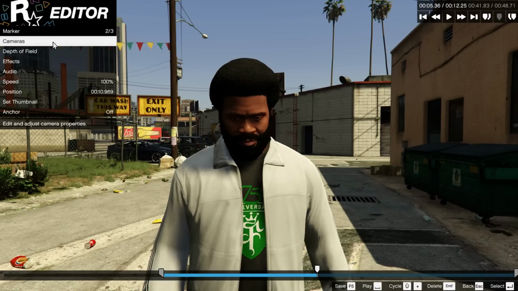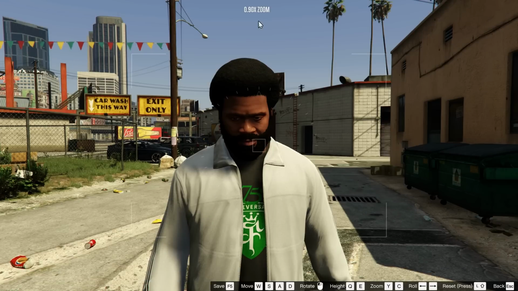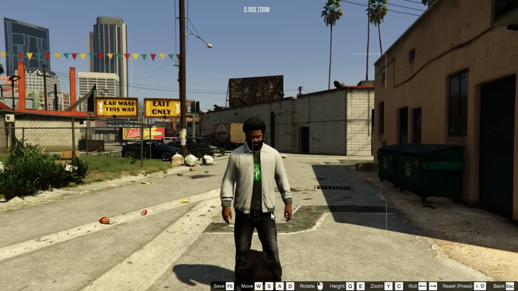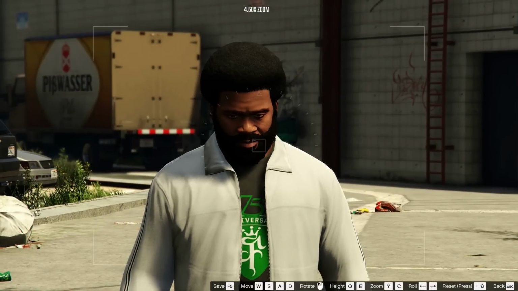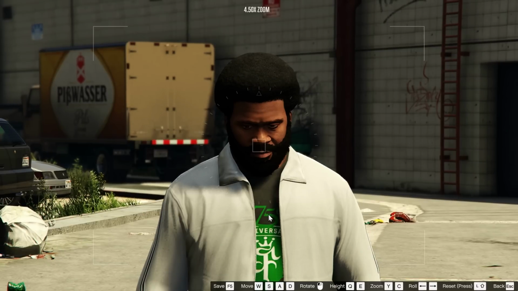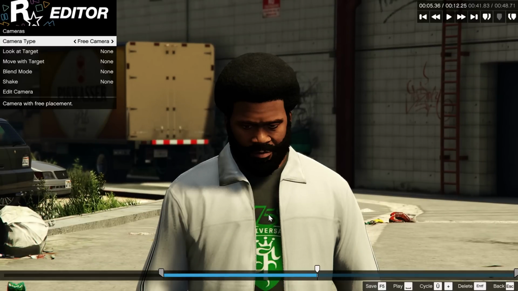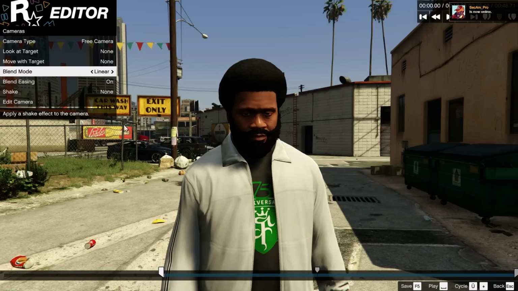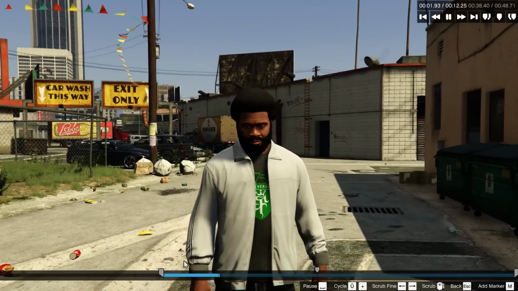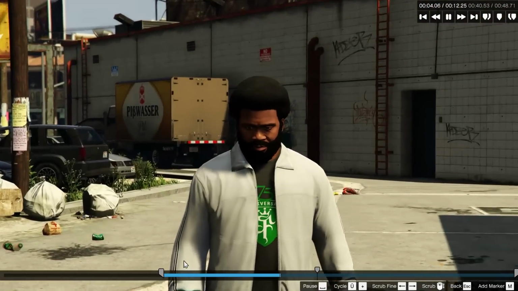I recommend for the vertigo effect to last at least 3 to 4 seconds, so it can unfold its full power. At the second marker you move the camera away from the character by pressing S. It's best to do so in a straight line. Then you zoom in to the maximum by pressing C. The character's face should have about the same size as in the first marker. Remember to activate the blend mode so the camera moves to the next keyframe. When you replay this section, you'll see what the vertigo effect does. Cool, huh?